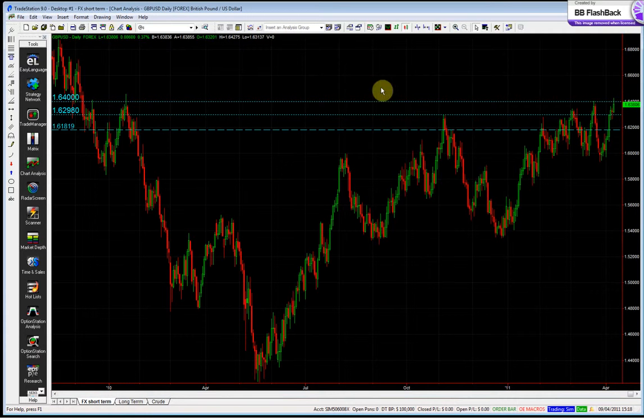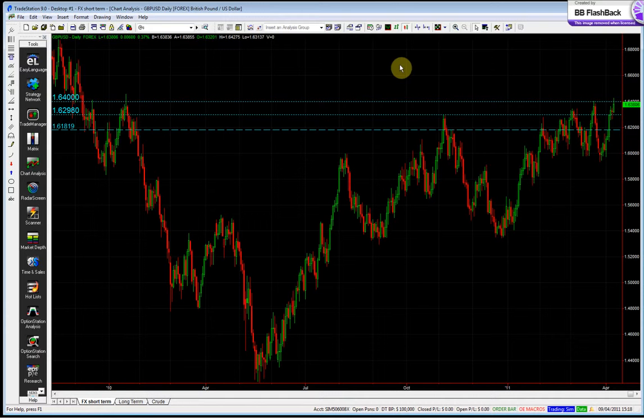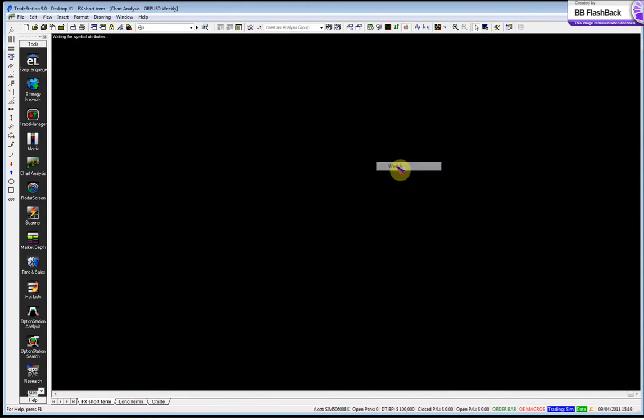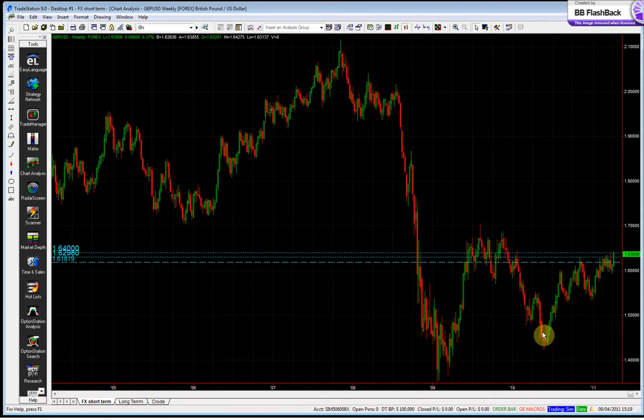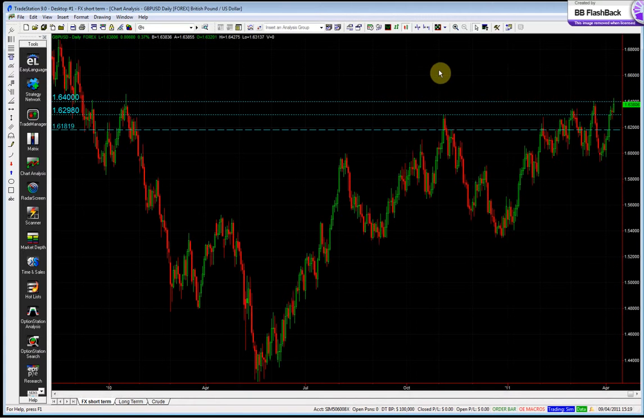Here's the cable then. Now the cable's been messy for weeks. Not a lot going on for a number of weeks. We're sort of in the middle of this period of consolidation that happened through the best part of 09. Pretty frustrating around here. What is of interest is the fact that the dollar index is